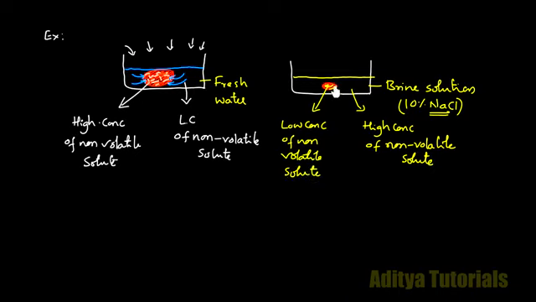Whatever the concentration is here, it is a low concentration. Therefore, the vapor pressure in the blood cell is high. I'm going to write vapor pressure is high here. Where there is a low concentration, vapor pressure should be high. So whatever solvent is inside the blood cell, the water molecules, they are moving outside the blood cell. And by that, the blood cell shrinks and becomes smaller. So in both observations, in the fresh water the blood cell swells, and in the brine solution the blood cell shrinks and becomes smaller.